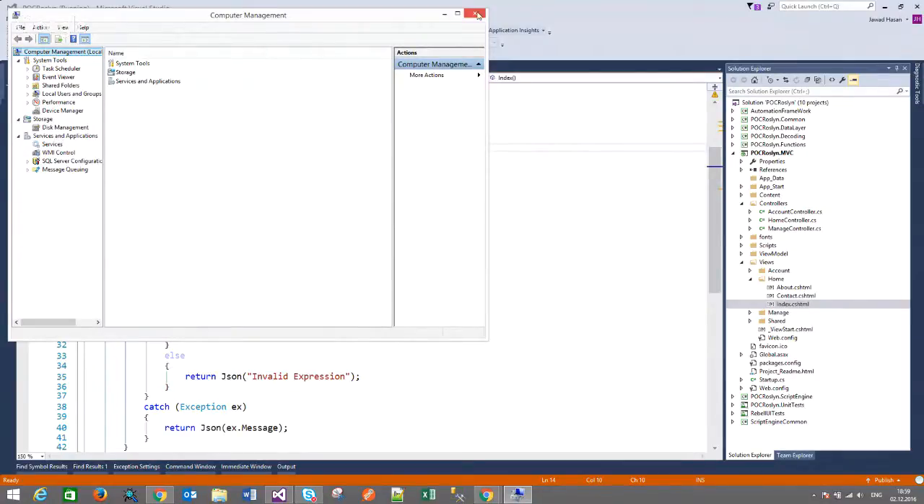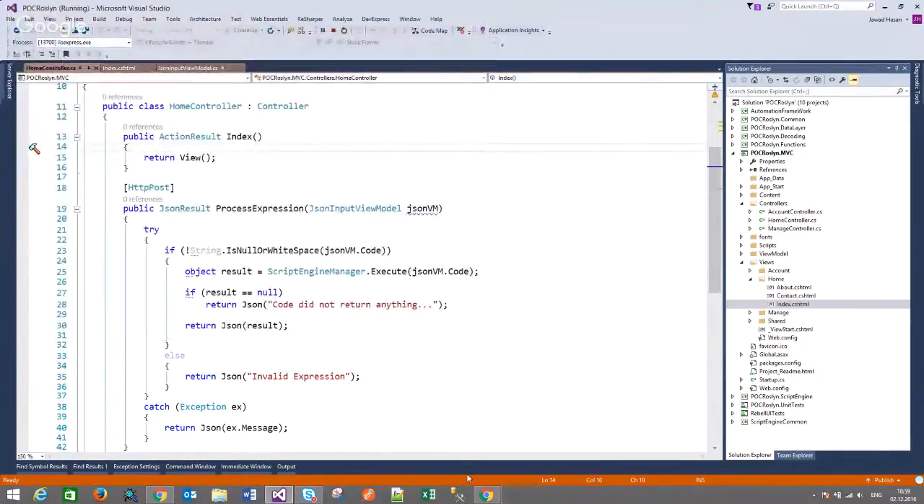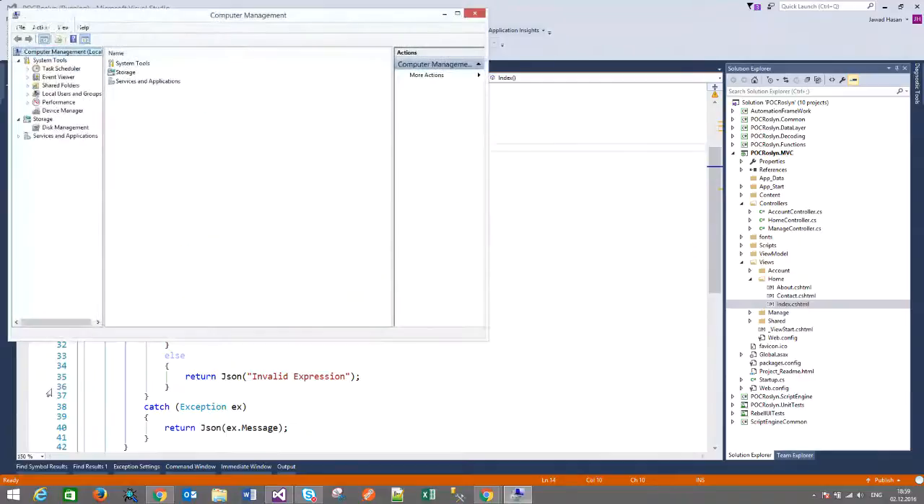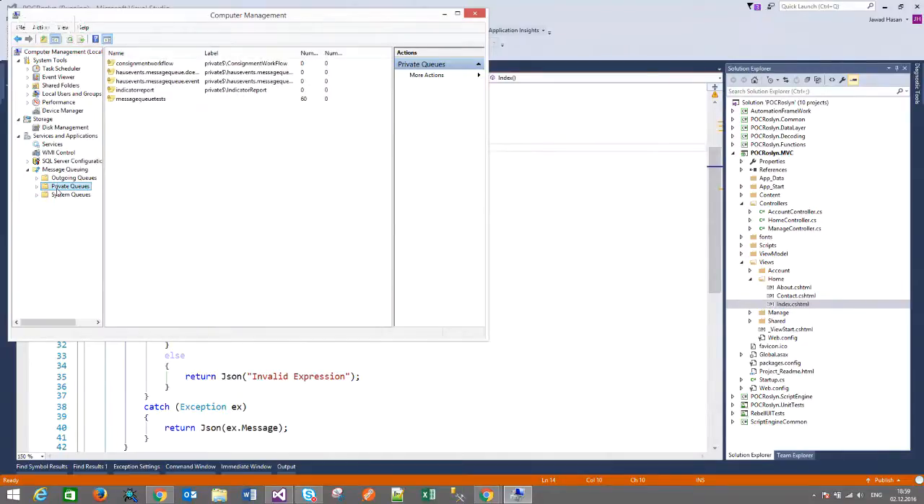If you have installed everything from the website, you can directly check; otherwise, you can install it. You need to come here to Computer Management, to the node Services and Applications, and there is Message Queuing. If you expand this node, you will see various folders. We need to come to this Private Queues folder. This is the message queue,